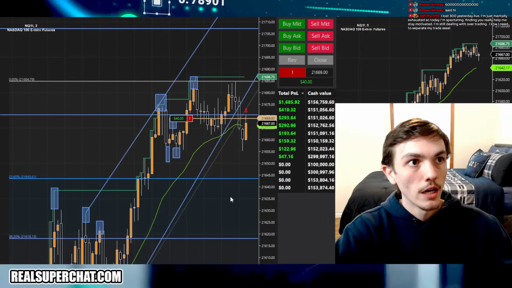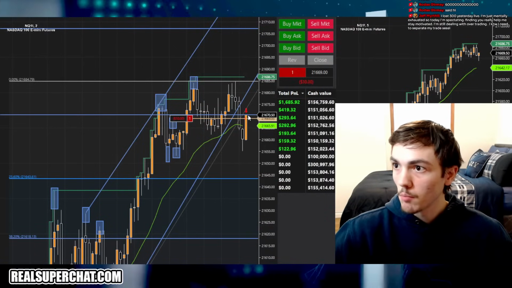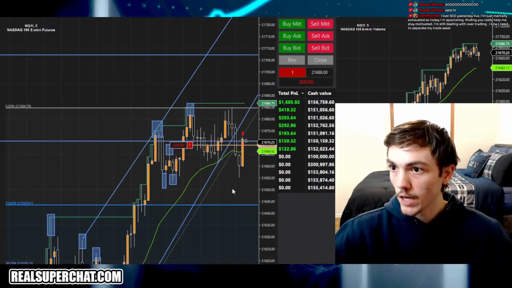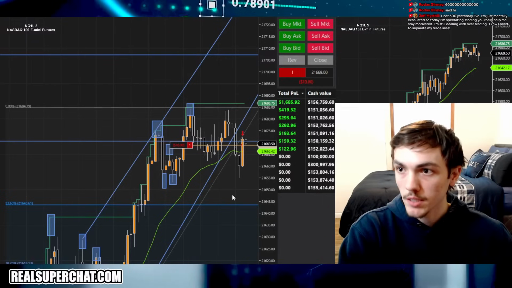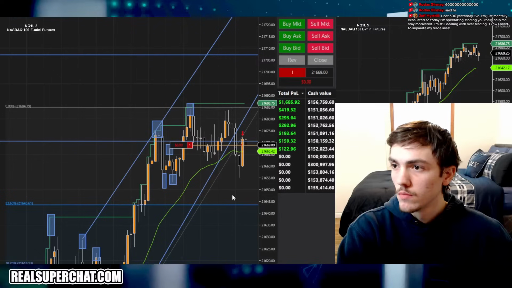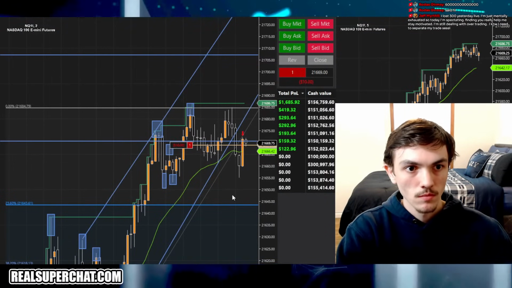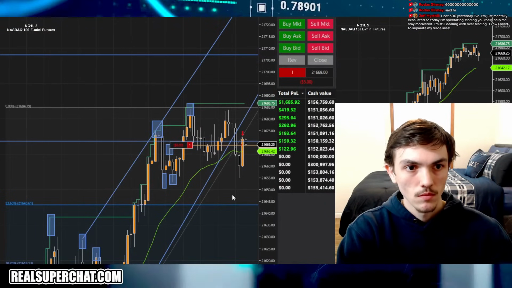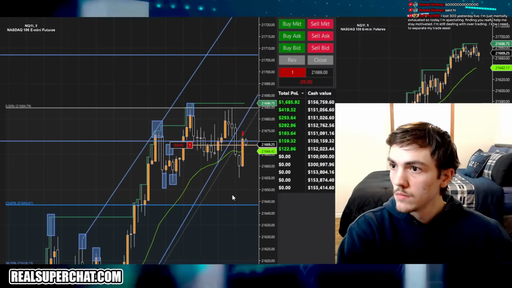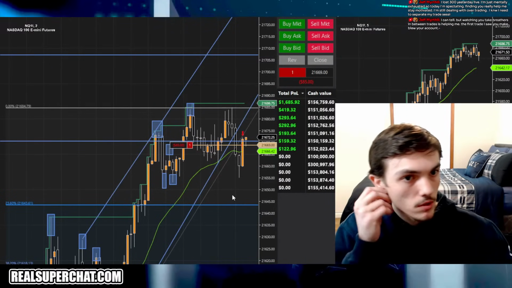ES is curling over. NQ 30-minute is looking weak. ATR is at 11, so this could come up all the way to this range. This range up here, it's wicking up, down 45. A lot of room in these Apex accounts, so I'm not that worried. ES is trying to come up. Nvidia is trying to come up. Really need to see how this, looking for a rejection of this pivot point. So far it looks like it wants to take it.